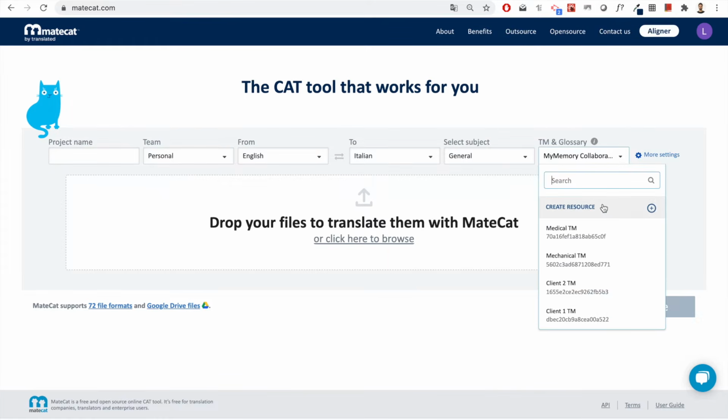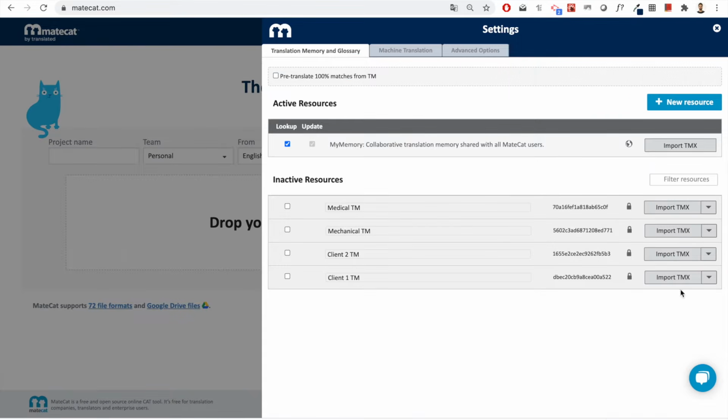Now let's take a look at this part. So from here I have access to my private translation memories, which can be accessed very easily from here, or I can decide to create a new resource. Now from this panel I can manage my translation memory and glossary settings. Now before we talk more in depth about this part, we first need to explain how the translation memories and